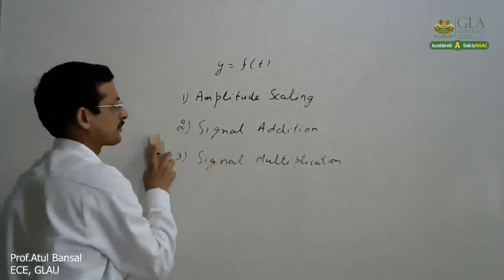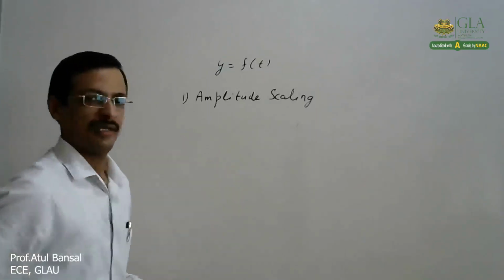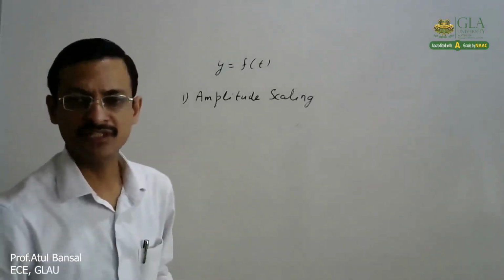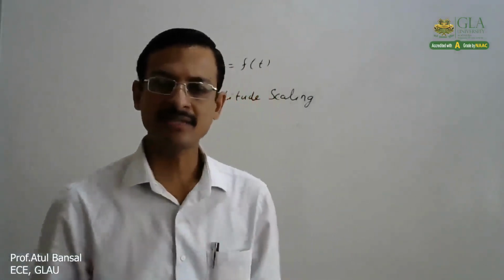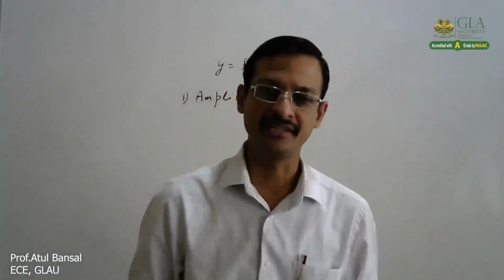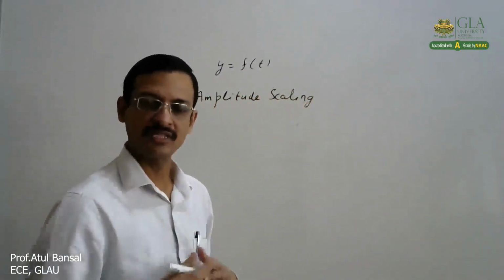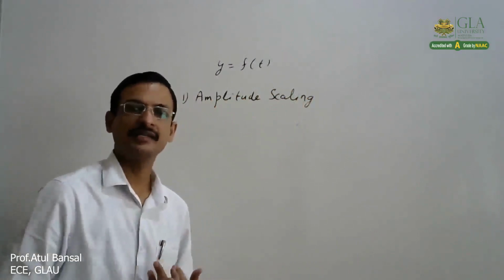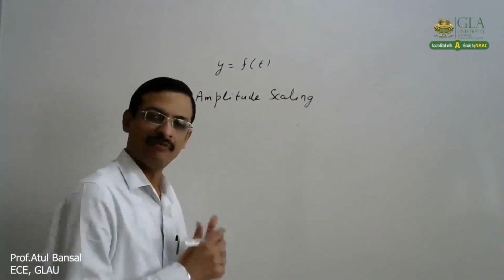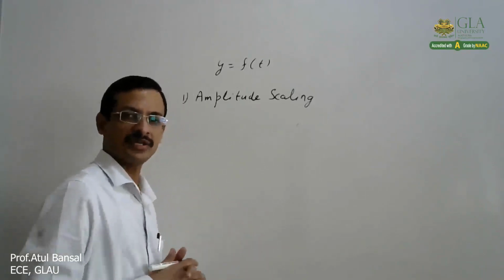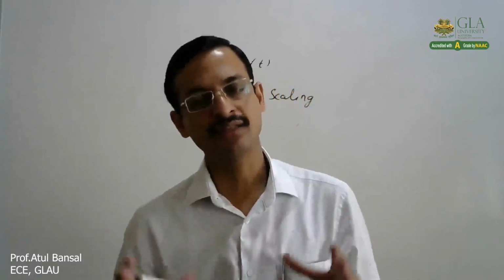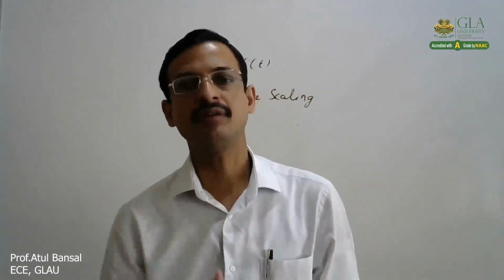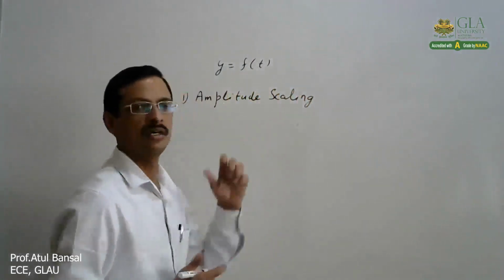First, amplitude scaling. Amplitude scaling means that the amplitude of the signal is being scaled. It can be scaled up or scaled down. Scaled up means that the magnitude of the signal is increased, and scaled down means the magnitude of the signal is decreased. And this amplitude scaling does happen at every instant of time. Whenever we talk about the transformation of dependent variable, remember one point, that it happens at all the instants of time. There is no change in the time domain axis, but at every instant the same type of transformation will happen on the magnitude.